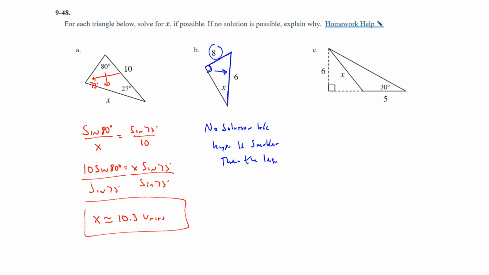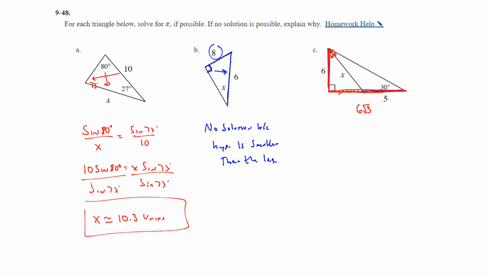Part C, we have a 30-degree angle here. 5 represents this side length, and we're looking for x. We also have the height of the triangle, which is 6. So if we look at the bigger right triangle instead of the smaller one, this is 30 degrees, which makes this angle, the whole thing, 60 degrees. So if you know your special right triangles, we know that this leg over here, which is the 6, and the long leg over here has to be the square root of 3 times your short leg, so that's 6 square roots of 3,